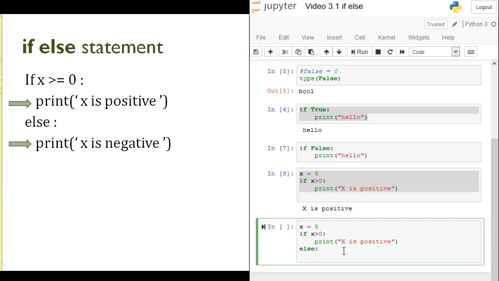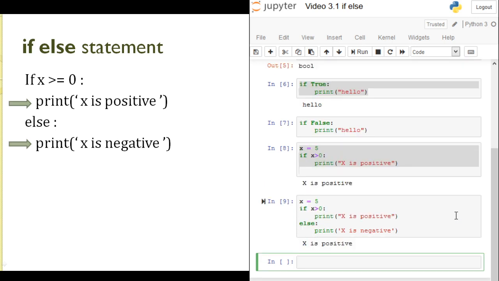If you use any condition and you are not able to see the proper indentation, it means you have made some mistake. The general mistake is that you forgot to apply the colon symbol. Now I am going to use a single quote, because there is no issue in Python with using a double quote for a string. You can use either a single quote or a double quote like this, and the program will execute. So here by default the value of x is positive, so that's why it is showing positive.